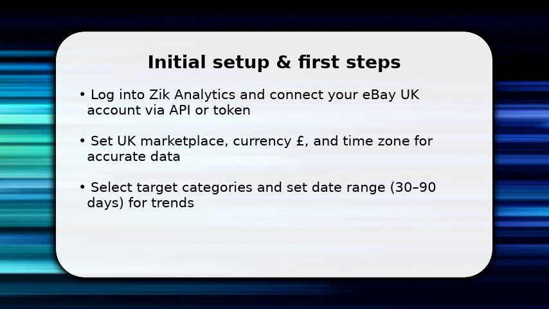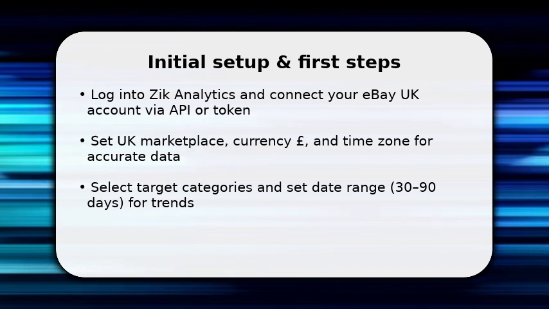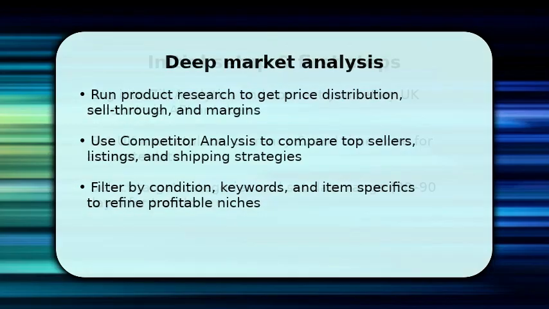Next, choose the product categories you plan to research and pick a 30 to 90-day date range to capture meaningful trends. These first actions ensure data accuracy and let you move straight into competitor and demand analysis without wasted setup time. Once your scope is defined, run product research for price distribution, sell-through rate, and margin estimates so you understand